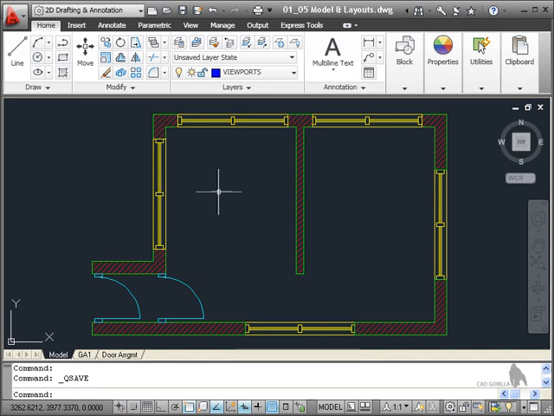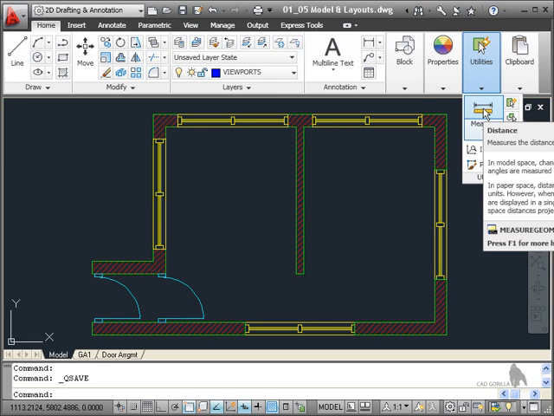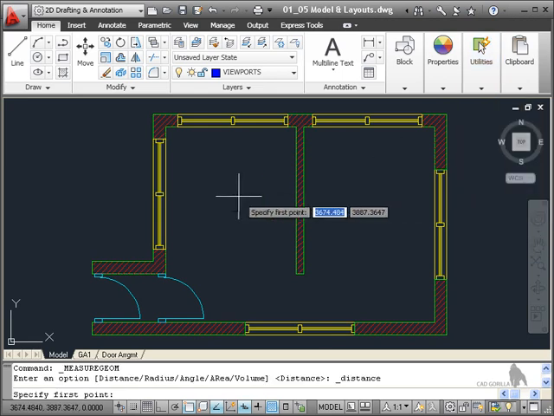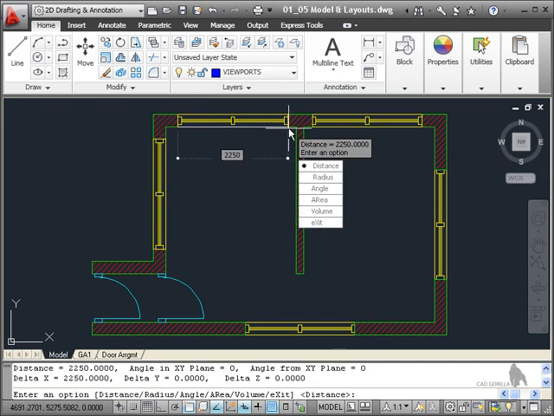So for example, I could go up here to the Home tab on the ribbon, go to the Utilities panel right here, and there's a measure tool. So I can measure a distance. If I click on distance now, it will prompt me to specify the first point that I want to measure from. So I might use the end point of the window there and go across to the other end point of the window there and click, and that tells me that distance is 2250 millimeters